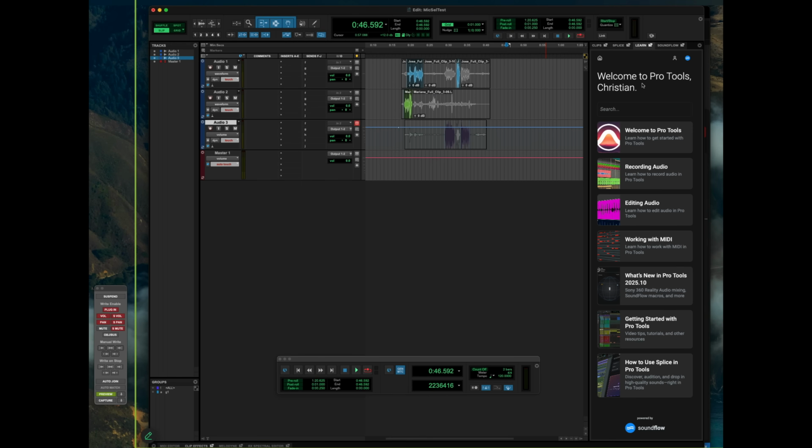And for all the years that people have said, well, all this functionality should really be built into Pro Tools. Well, here you go. Now it's here. Of course, we're still a separate company, so I still need to pay my team, so we still have subscriptions, and basically, you buy your stuff directly from SoundFlow, not through Avid. But from a technology and workflow standpoint, it's completely part of Pro Tools now, and we're just really, really